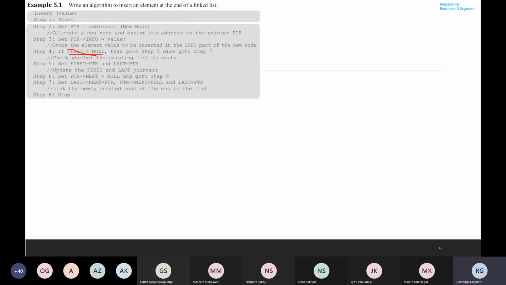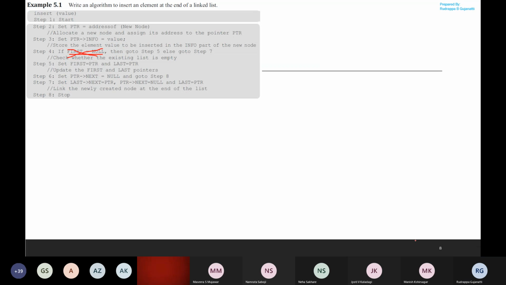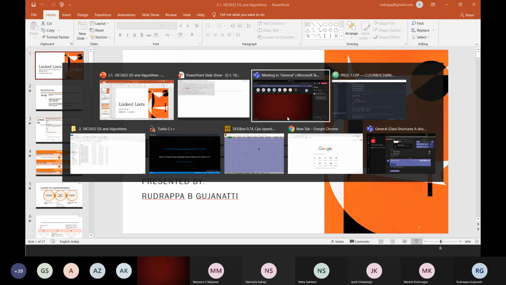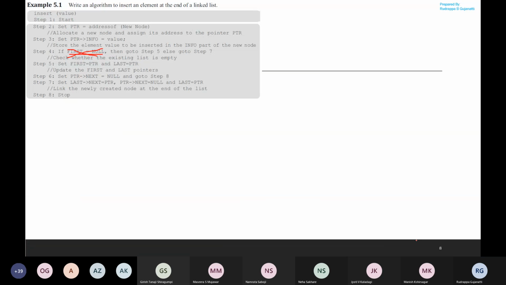So if this condition fails, we need to go to step 7.